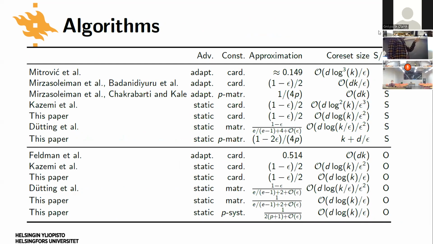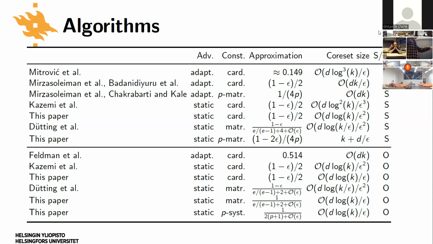But just to show what's happening there, in certain cases we get different guarantees depending on what kind of adversary, what kind of constraint, and what kind of algorithm we're running. Is it streaming, meaning that we just go over each item once, or is it offline, where we can do multiple loops over the items? That's another aspect. So we get slightly different guarantees, and we tend to beat the baselines, at least on a theoretical level.